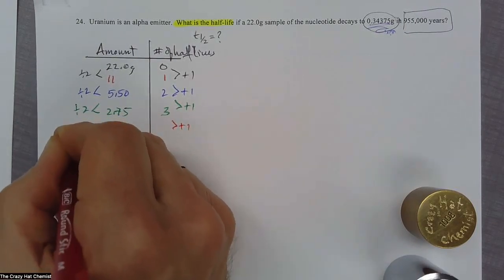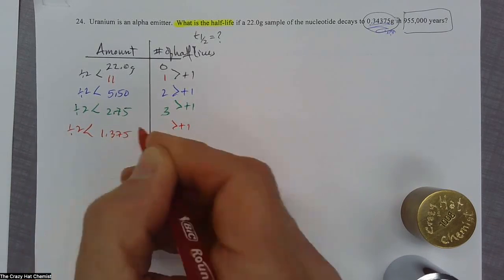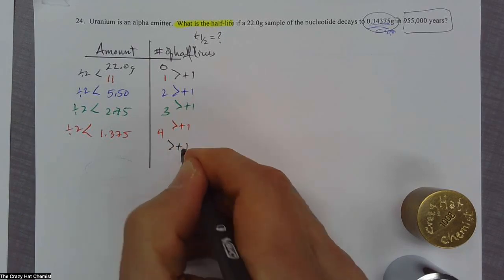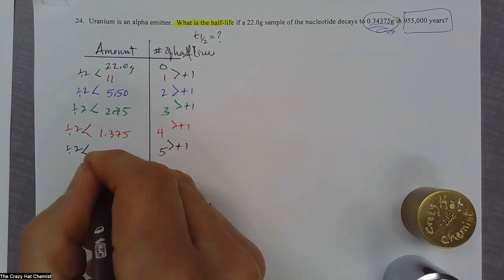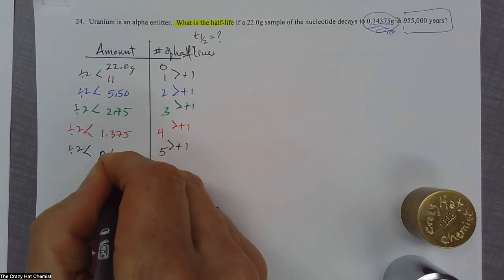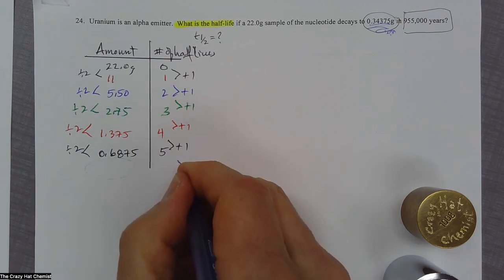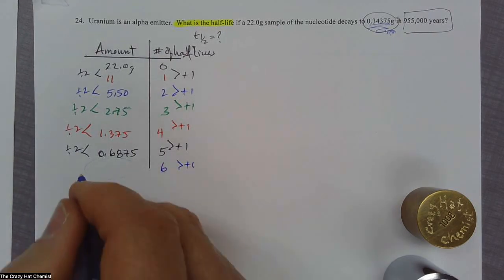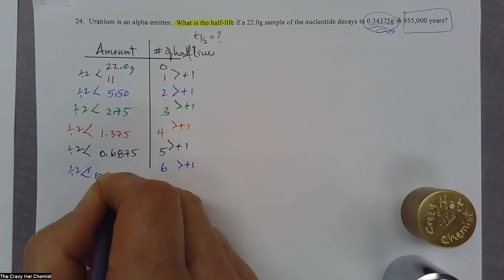I'm going to divide by 2. I'm going to get 1.375 and 4 half-lives. Going to add 1. I'm going to divide by 2. I'm going to get 5 half-lives and 0.6875. And I am going to add 1, and I'm going to get 6 half-lives and divide by 2, and I'm going to get